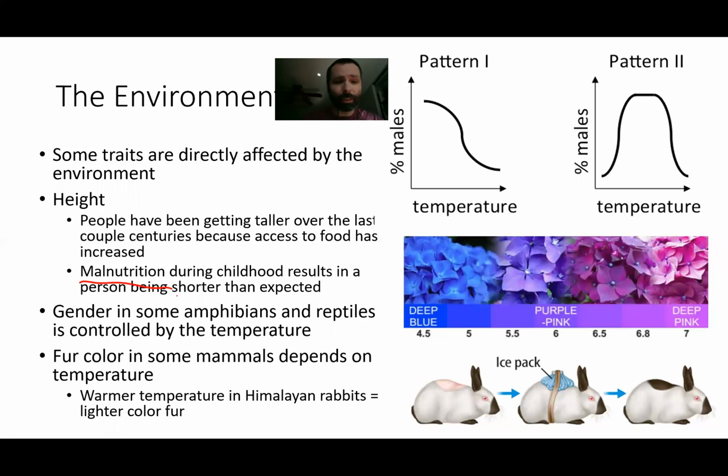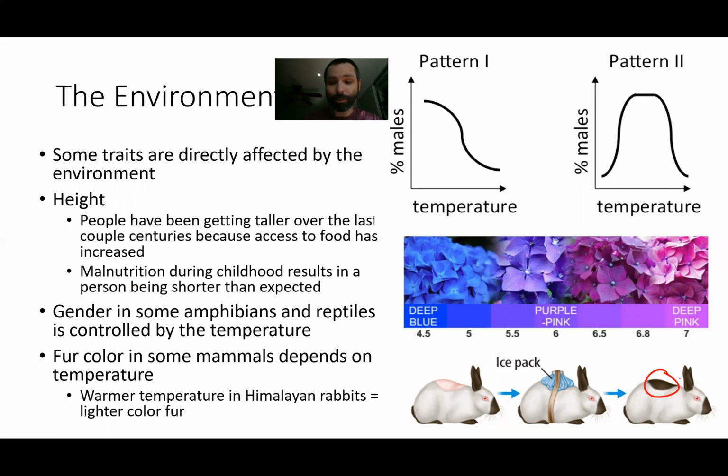Malnutrition during childhood leads to you being shorter than you would have been normally. Your environment where you grew up basically changed how tall you were going to be. The Himalayan rabbits down here, their fur color is dependent upon the temperature at the time when the hair is growing. So they shave the rabbit and they put a cold on it and the fur